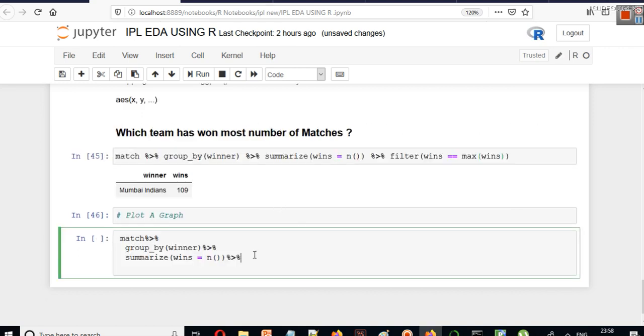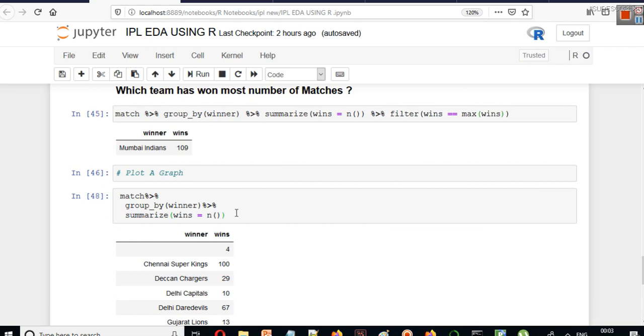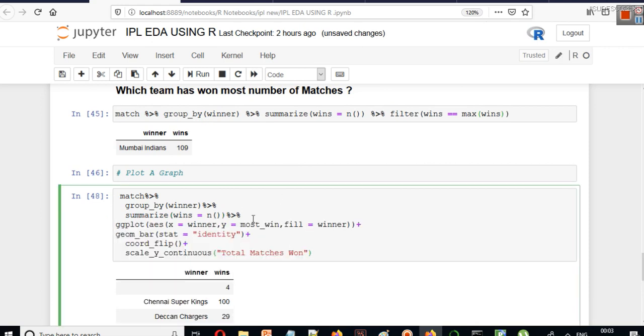So we have this data here, and we have values here, and now you just have to add this much code. You have to add ggplot, then we have AES, which is aesthetics. It takes three parameters: x, y and fill. In fill we write the name of the column with which we have to fill the data.